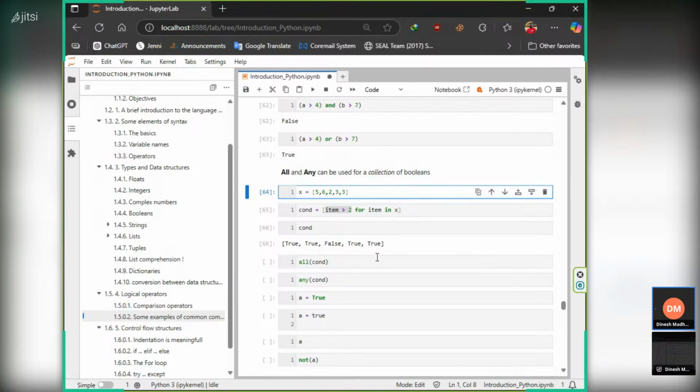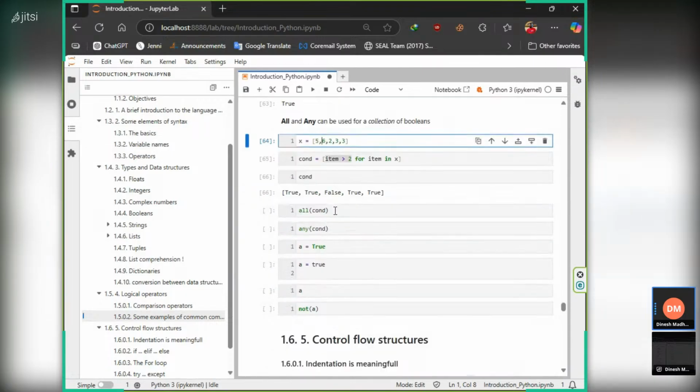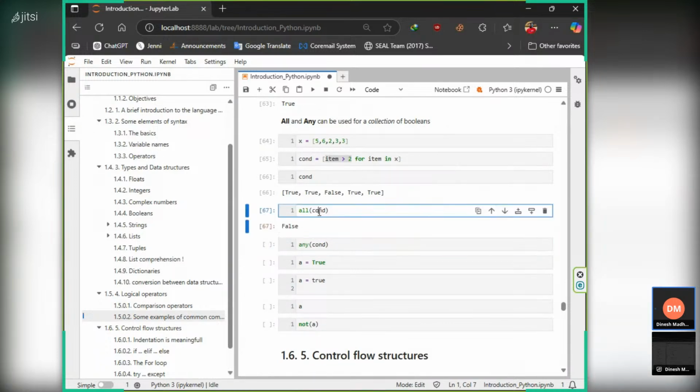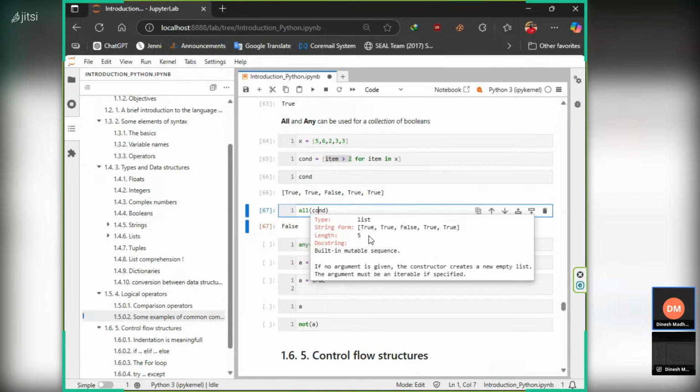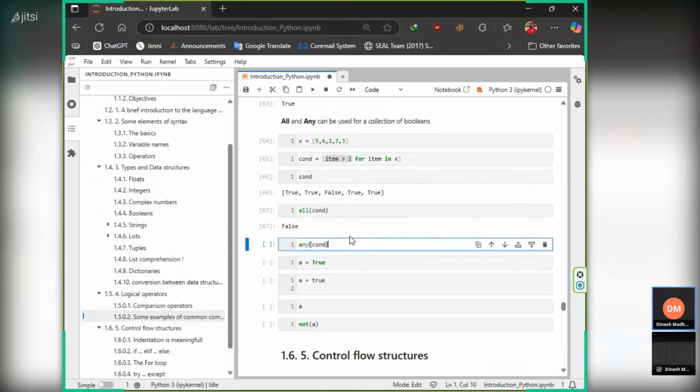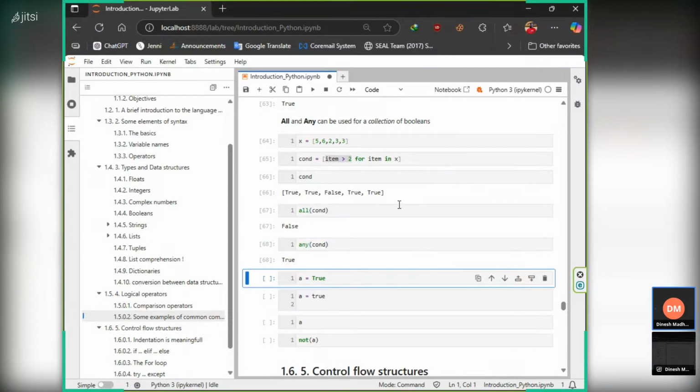So now if I type all on the condition, it will be false, because all is checking whether all the conditions are true or false. If all the conditions are true, it will be true. If all the conditions are false, it will also be true. Otherwise, if one condition is false, it will be false. And then any, if I ask any, if one of them is true, it will give me true. But now if I type a equals true,